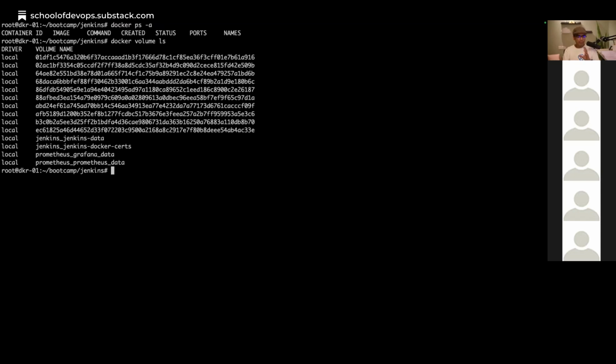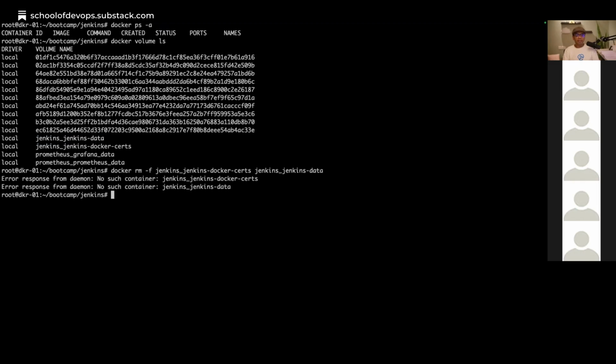How do you delete the volumes if the containers are gone, but not the volumes? Volumes will remain intact. That's why you see a bunch of volumes. These are from my history of creating containers and all that. And until I explicitly delete the volumes, they will remain. And the moment I delete the volumes,